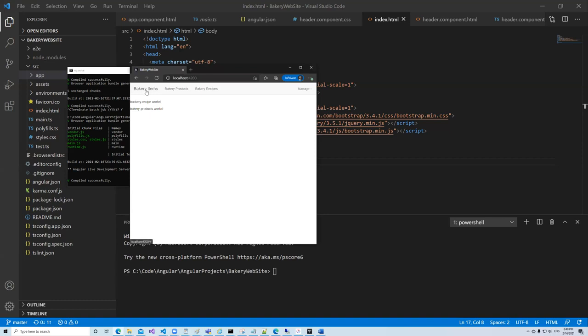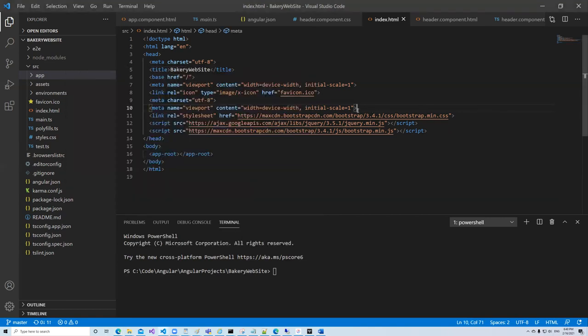And the reason we were actually not seeing this properly rendered yesterday was we were using a different version of